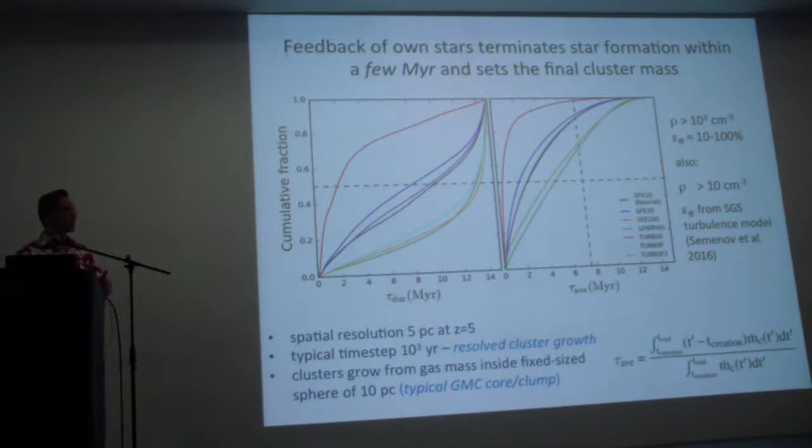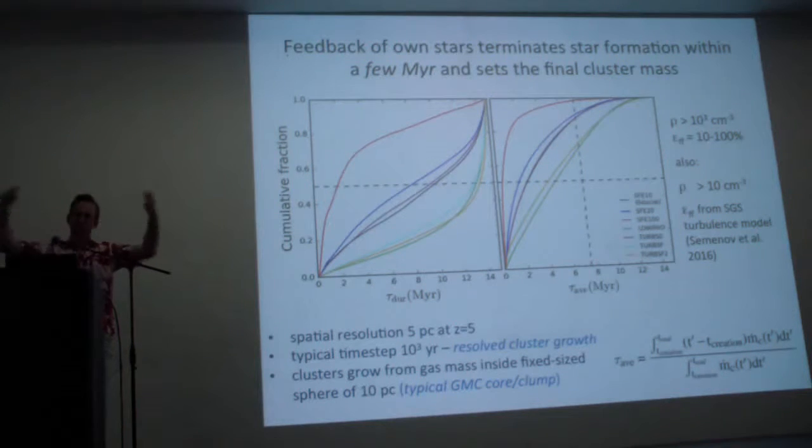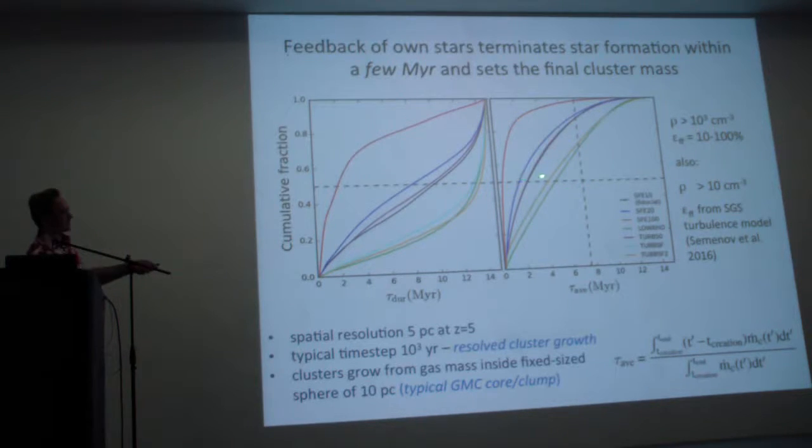Here, all the stars form within 1 million years, vast majority. And then their feedback is so strong, they blow out their microclouds and big clusters just don't form. For other models, it's in this normal range. And there is a systematic trend. As you decrease efficiency of star formation, or as you decrease efficiency of stellar feedback, then this duration of star formation increases systematically. So the more concentrated, the more efficient star formation, the faster star clusters form, but you lose in the maximum mass that you can reach.